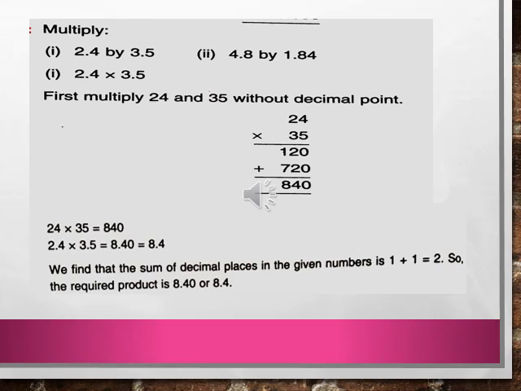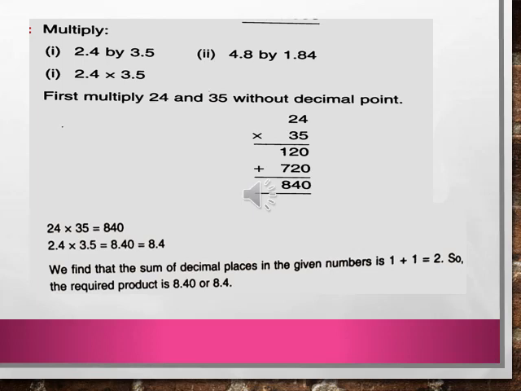And dear students, you are making mistakes in giving decimals here. If you give decimals here, your answer may be wrong. So, when you multiply decimal numbers, first you have to multiply without decimal like a simple multiplication. Okay. So, 24 multiplied by 35. When you multiply 24 by 5, 120 is the answer. And when you multiply 24 by 3, 720 is the answer. So add these two numbers, you will get 840. Now 24 into 35 equals 840.